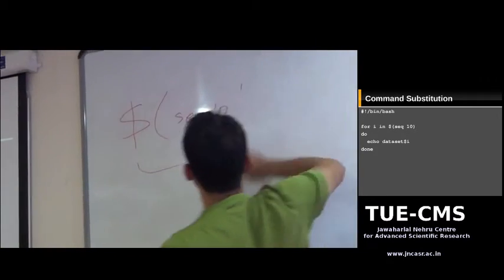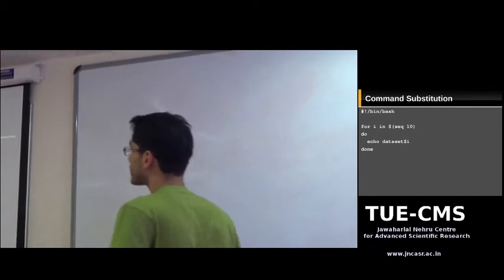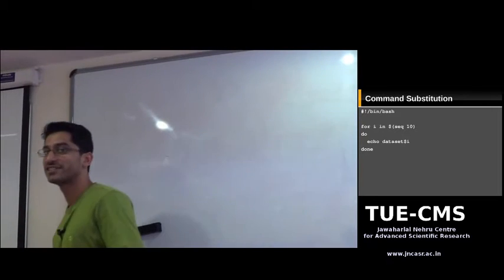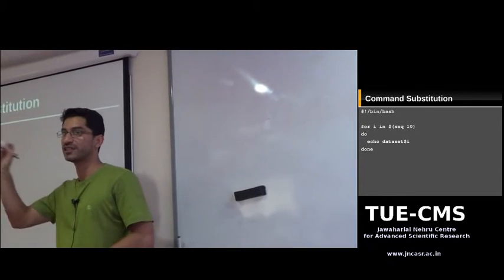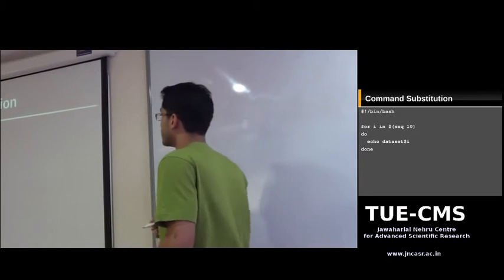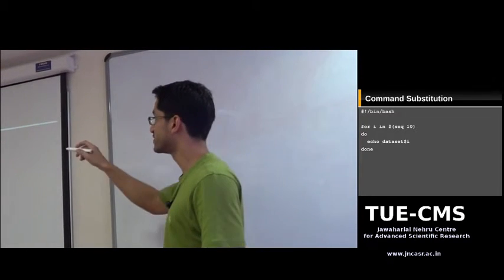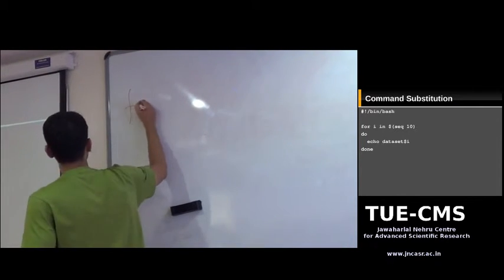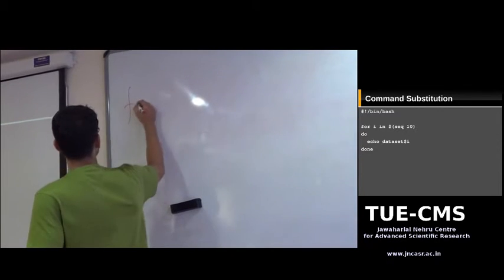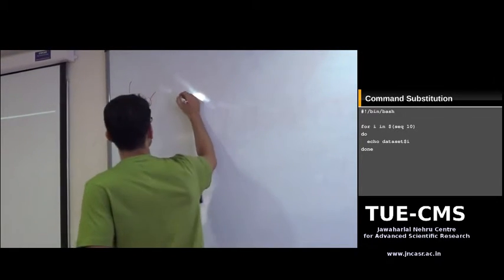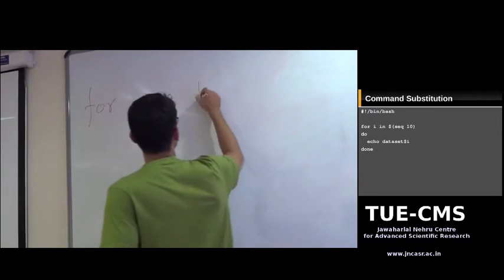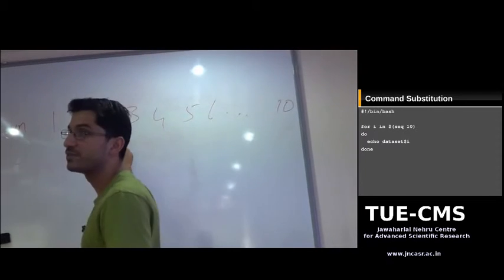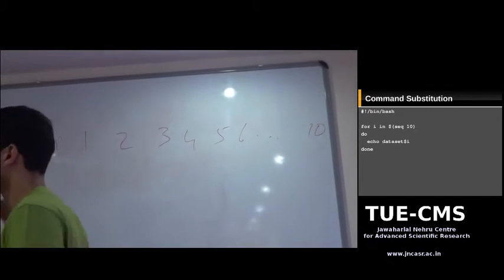Now, you'll notice that it produces the sequence in different lines. But you remember that for the for loop, you need to put the list in one line. So the shell takes care of that since it's not quoted. We'll elaborate on that more. So what happens in the end is, after the shell runs seq and substitutes the output there, the effective for line is for i in 1, 2, 3, 4, 5, 6 up to 10. Each one is separated by a space. So this is the effective line that your shell is going to see.